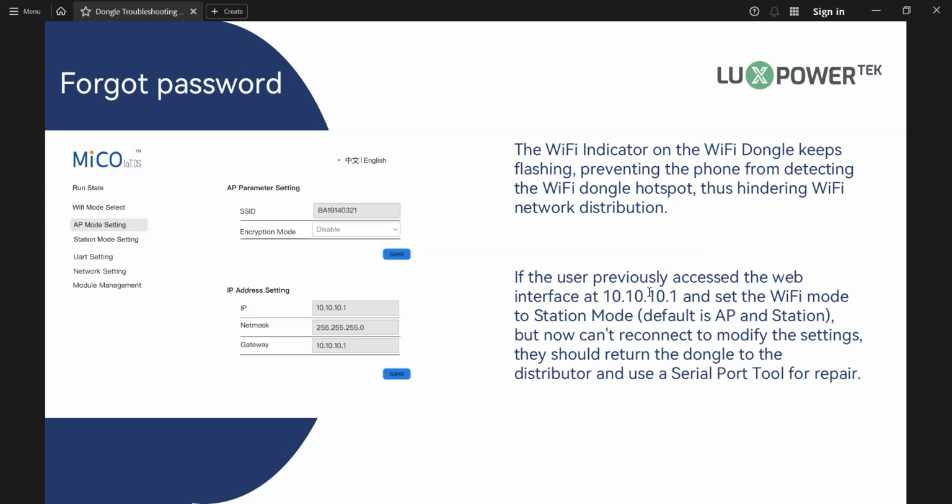If the user previously accessed the web interface at 10.10.10.1 and set the Wi-Fi mode to station mode, default is AP and station, but now cannot reconnect to modify the setting, they should return the dongle to the distributor and use the serial port tool to repair it.